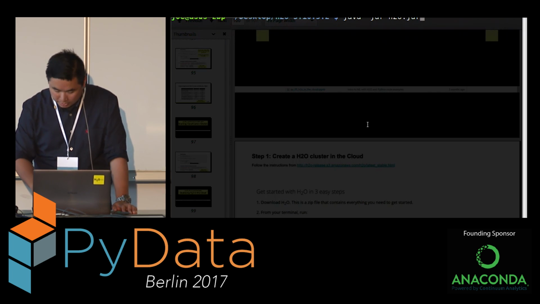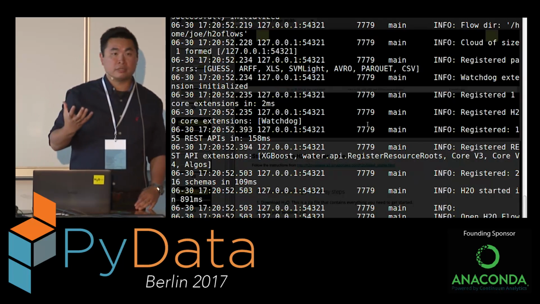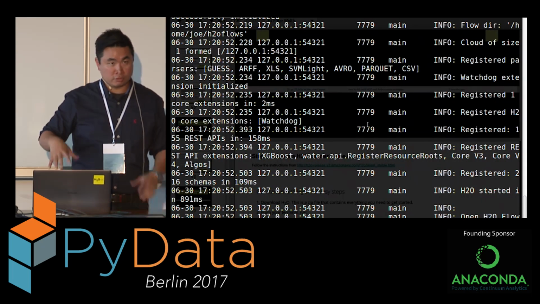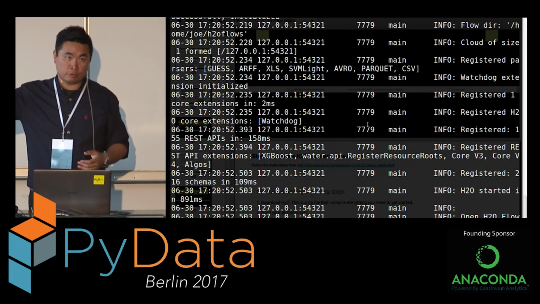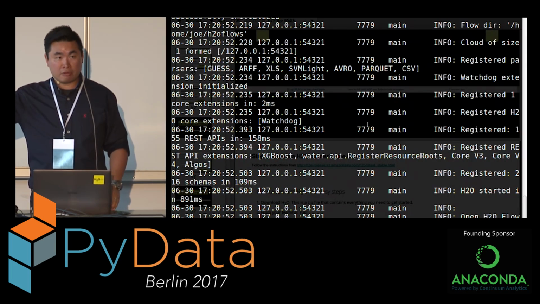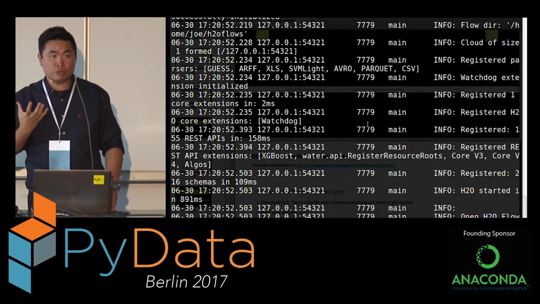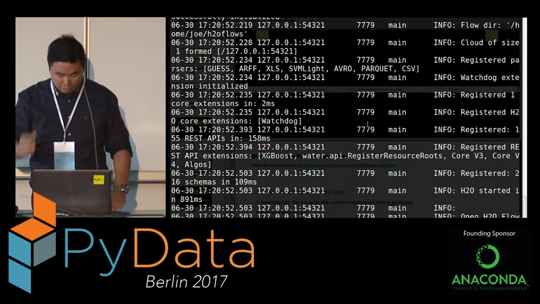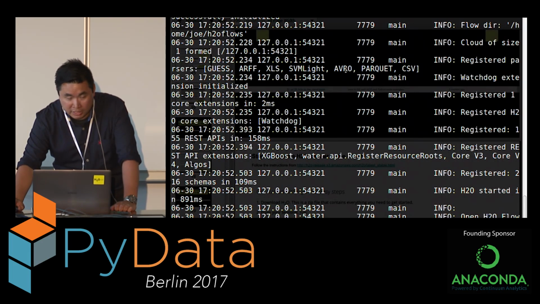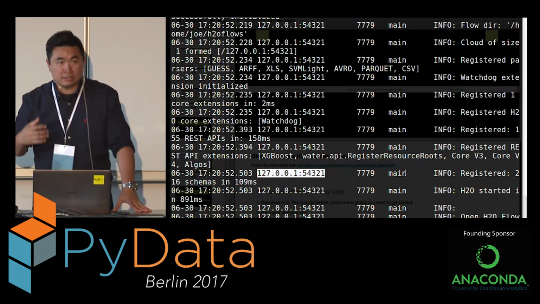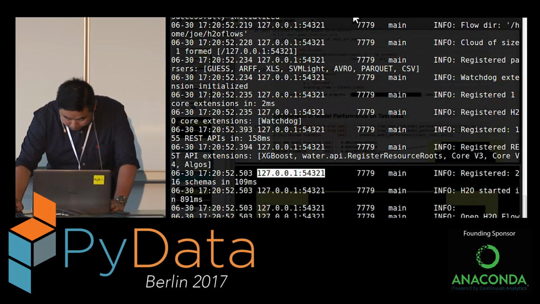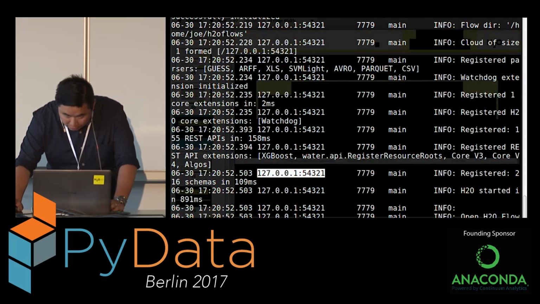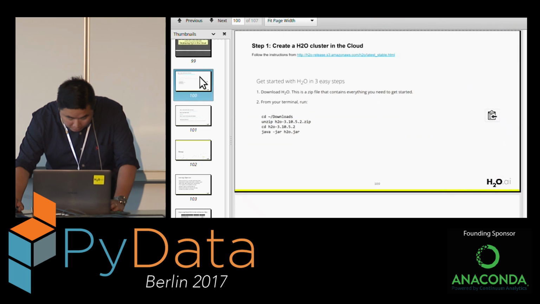When I execute this command, it will create a cluster, the actual cluster, on this machine. For example, now it's on my desktop or my laptop. But imagine if you do the same thing on a remote machine in the cloud, then you can have the power of the cloud with H2O on. But how do you connect to that cloud? You need the IP address and the port. Look at the information here, because I changed the font size so you can't see it clearly. Usually it's the IP address and the port is 54321. So what we can do to connect to this server is go back to this page.